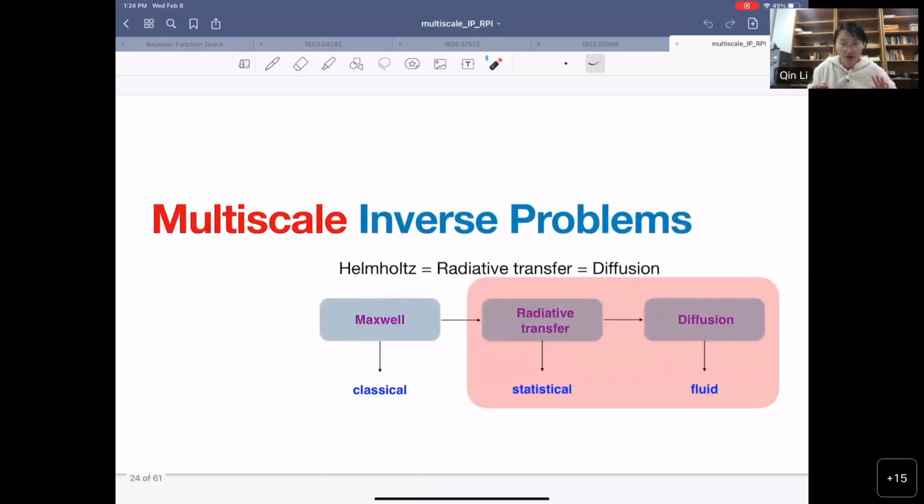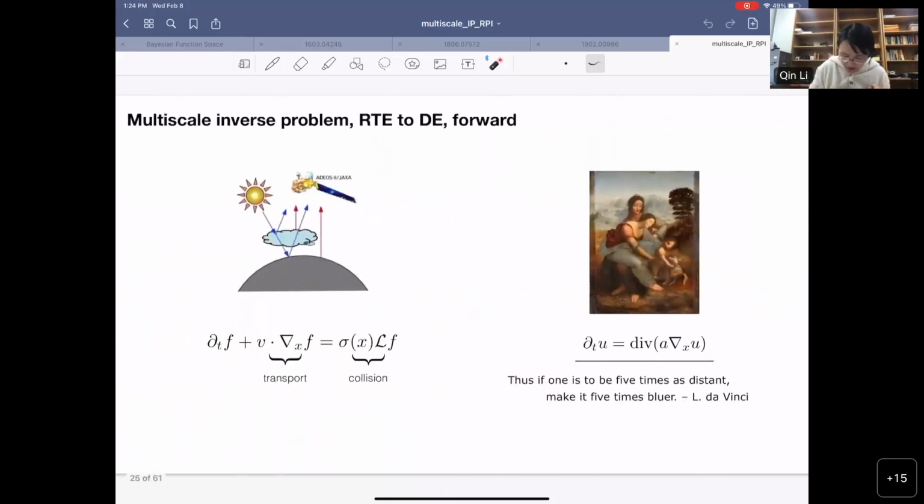Okay, so now let's move on to more details. The first section is radiative transfer passing down to the diffusion limit. So this is one of my favorite pictures. If you think about the light propagation, atmospheric scientists use a radiative transfer in the sense that the sun shines up the earth, some of the light propagates through and some of the light gets scattered by the cloud. So these 2 terms, one term is to say we have transport and the other term is to say that the light gets scattered around by the cloud.